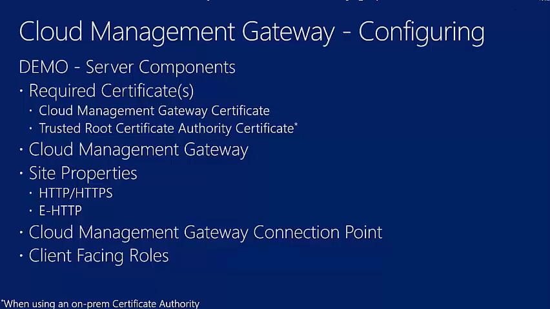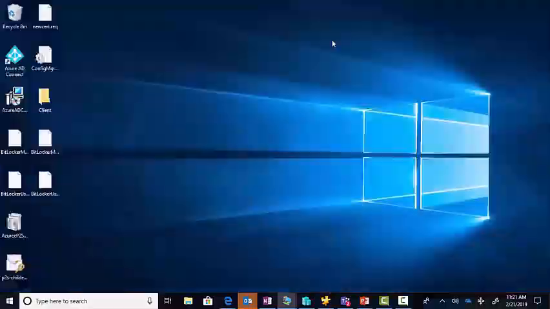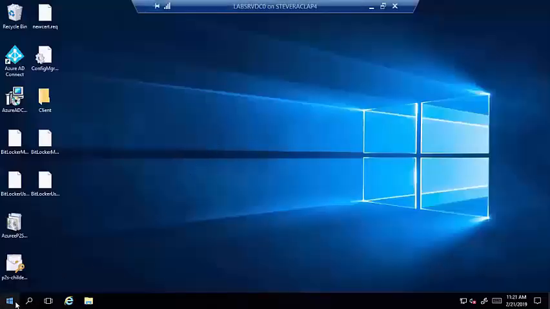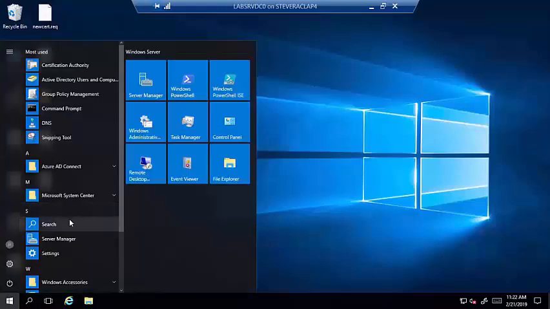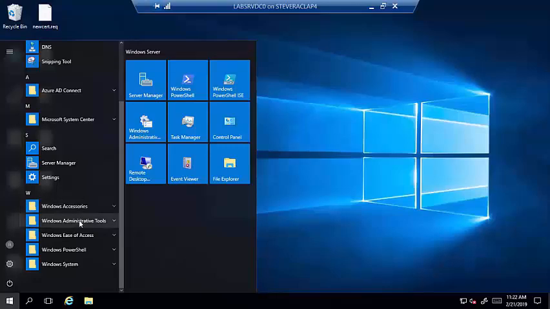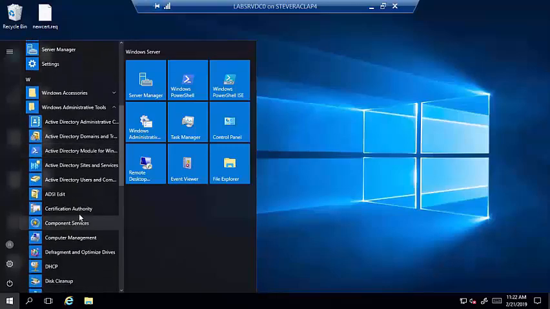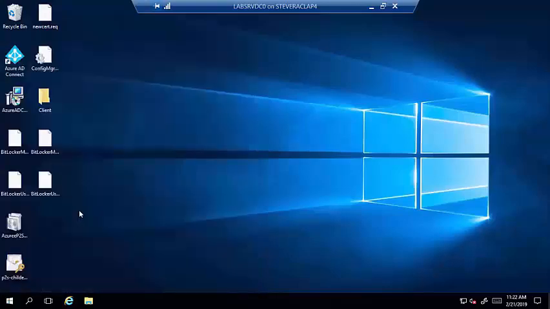All right, we're going to start with the certificate. So let me pull first in my domain controller, which is also my certificate authority, and we will walk through it. So let me launch my certificate authority. Oops, not right click. Launch my certificate authority here, and we will get going. So while that's coming up, just a couple of